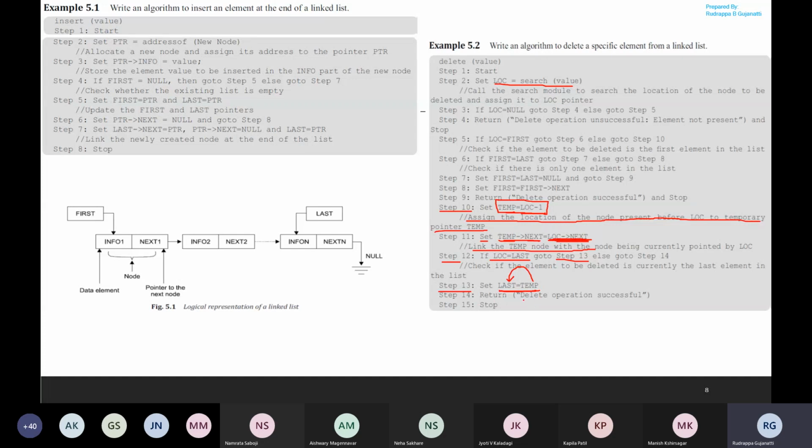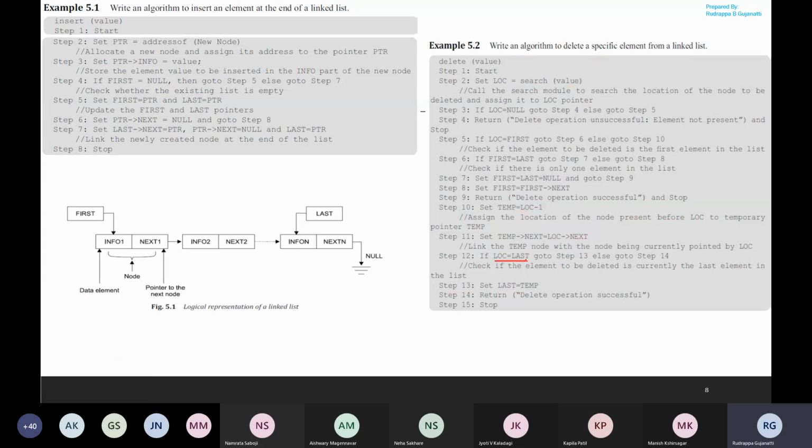And then you return that the delete operation is successful. In the last node, we have to update the last field with the null parameter.